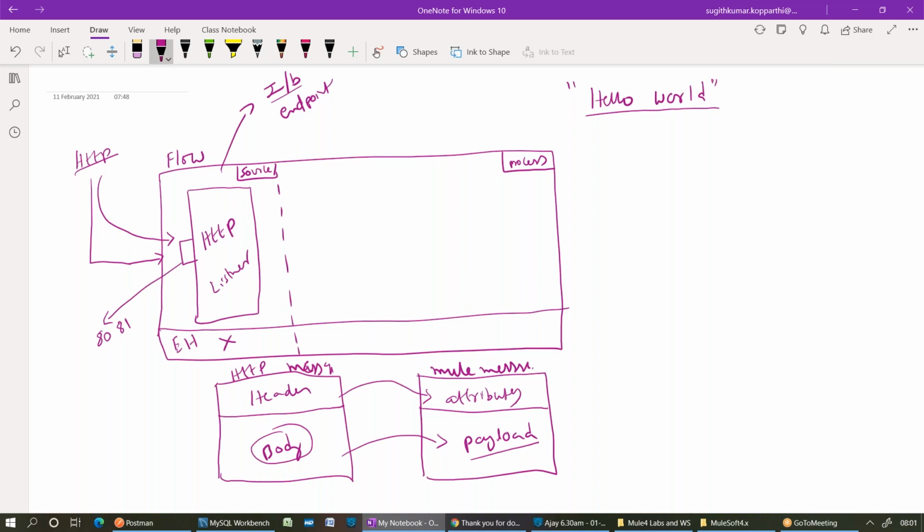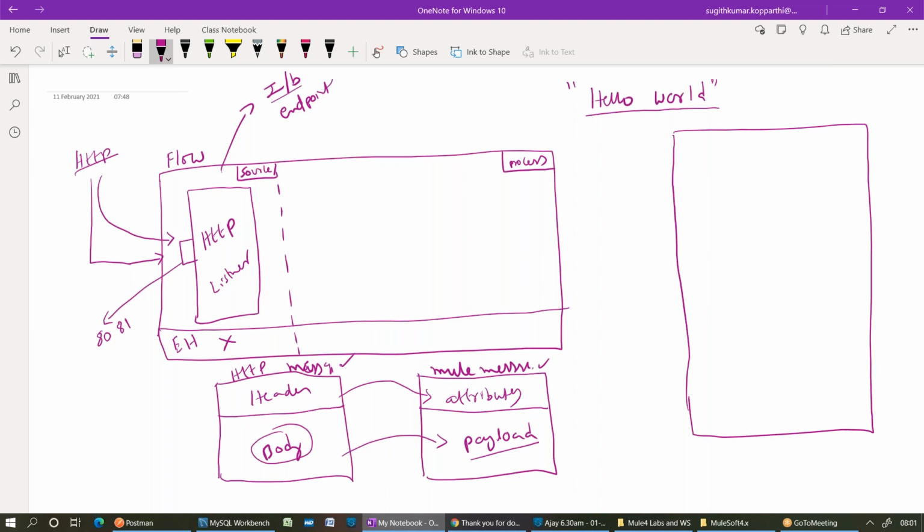Now, for understanding purposes, I said from message to message, but actually the HTTP listener will listen for this HTTP message and it will create one event. This structure is called a Mule event. This Mule event contains two parts again. The design itself, the Mule event structure contains two parts.